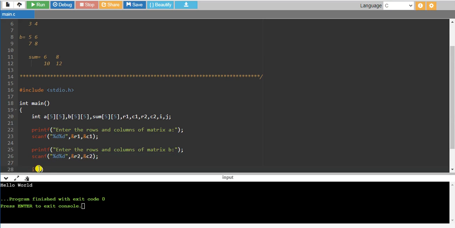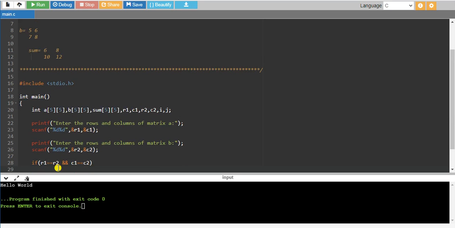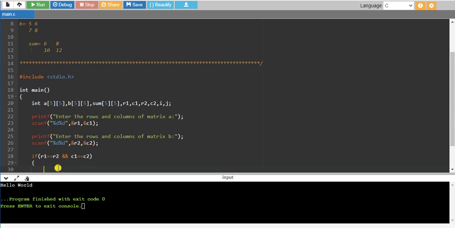So if R1 equal to R2 and C1 equal to C2, then only allow the user to enter the elements of the matrices.